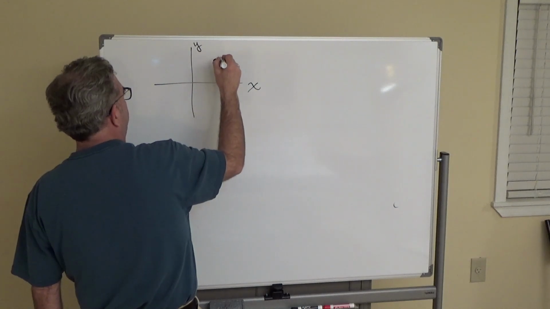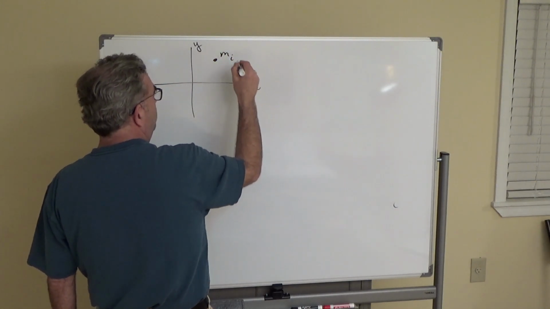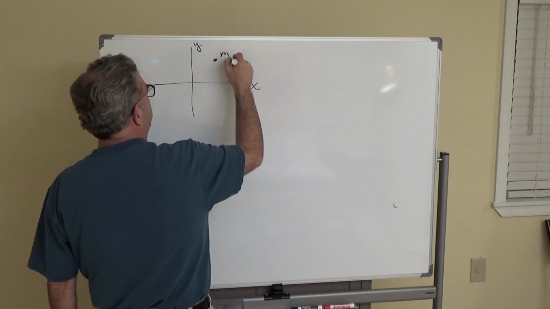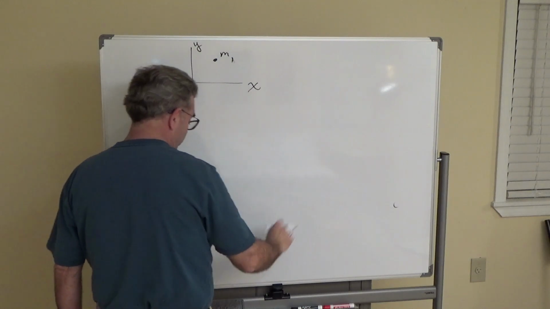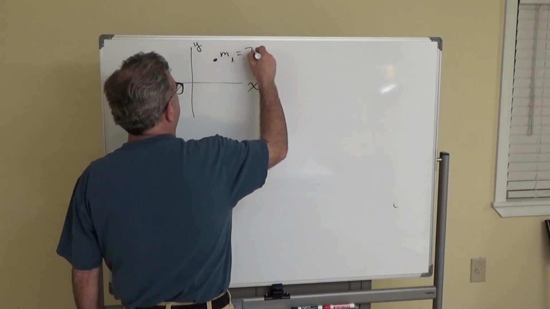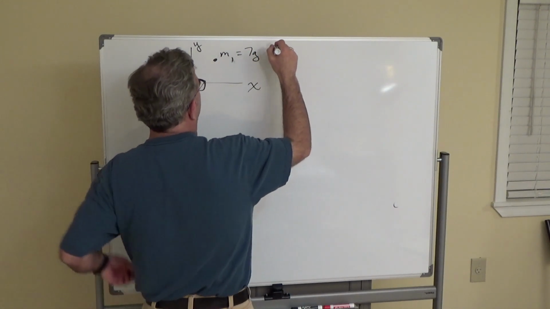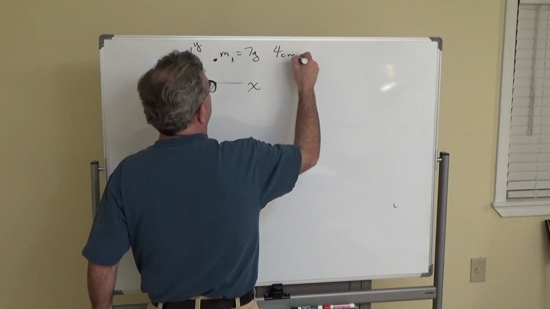So let's say you have, it doesn't matter what we call it, this is M1, and let me give it a mass. M1 is equal to 7 grams,